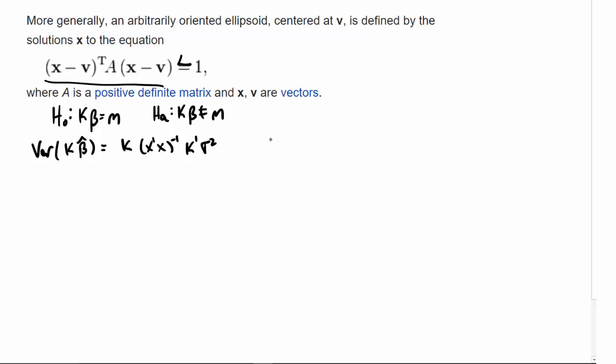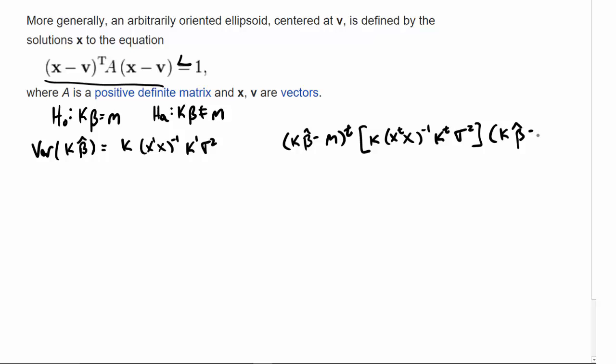And then what we saw was that (Kβ hat − m)ᵀ [K(XᵀX)⁻¹Kᵀ σ²]⁻¹ (Kβ hat − m) follows a chi-squared distribution